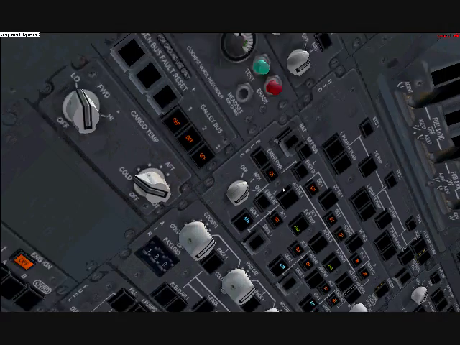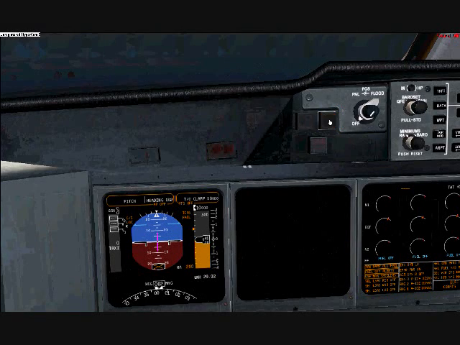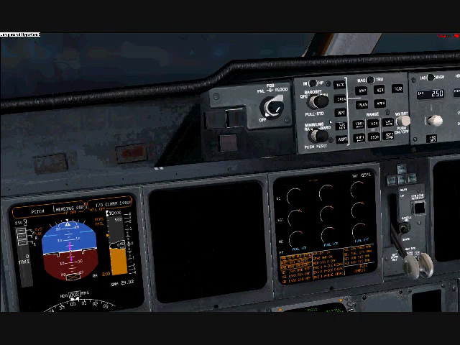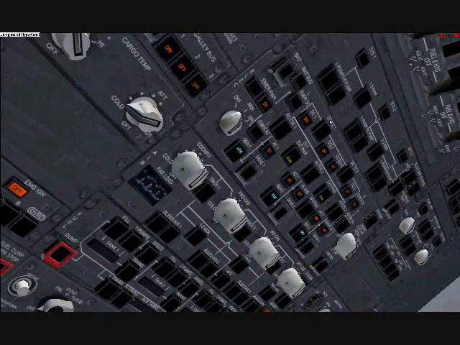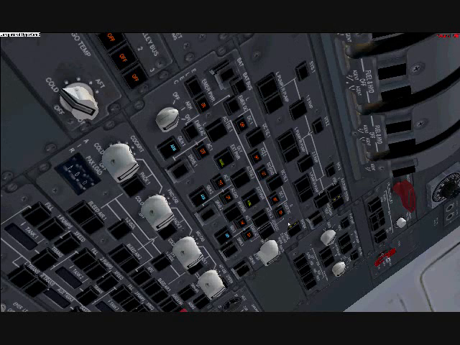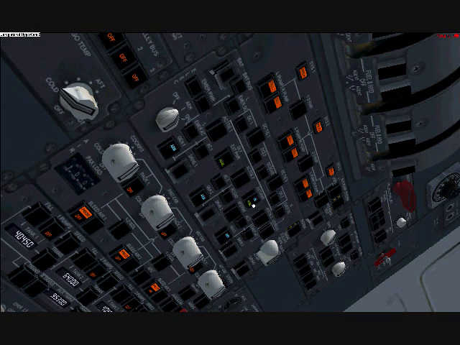Normally I just choose the default mode, but I turn the battery off every time I fly. As you can see here, once you get the battery on, you have only the PFD selected, and then not selected, on, and you have your ICAS on, where it's got all the warnings and your engine displays. So, if we scroll back up here to the overhead panel, we have the exterior power button right here. We want it available, which means if you click it, you will have power. And voila, we have a whole bunch of warning lights on and